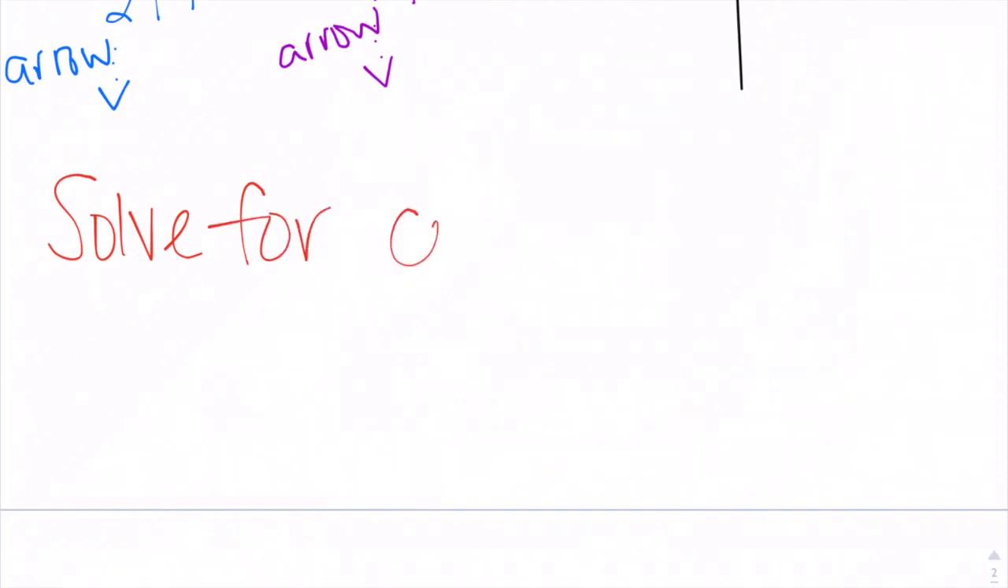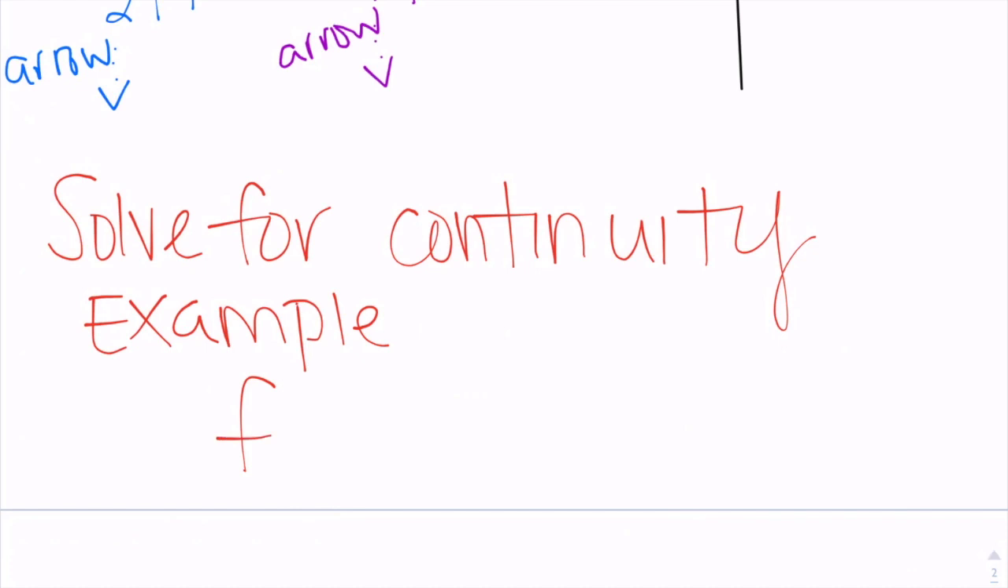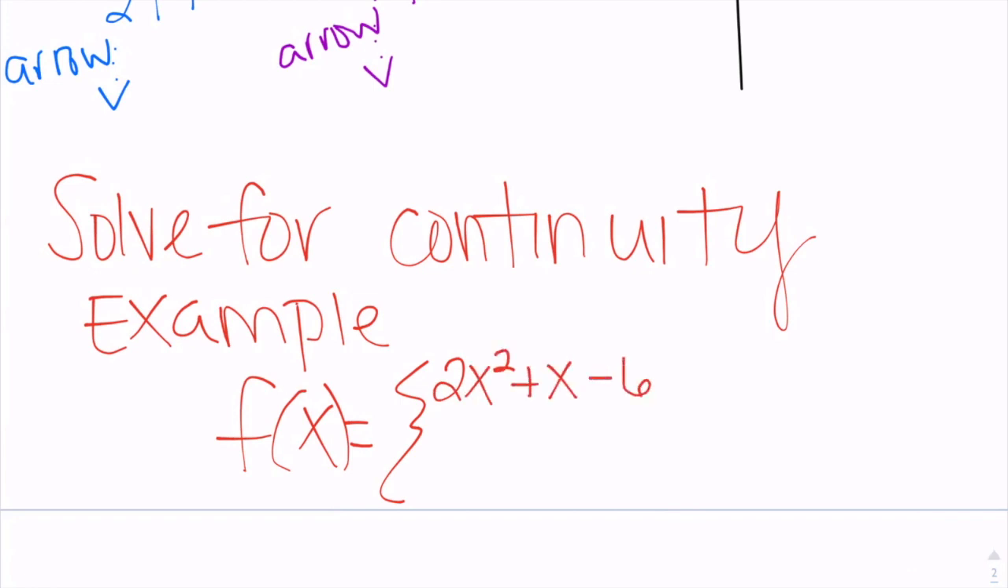And then lastly, we're going to solve for continuance, or continuity, however you want to say it. If we are given the function f of x equals 2x squared plus x minus 6 when x is greater than 1, and then 2x plus p when x is less than or equal to 1,